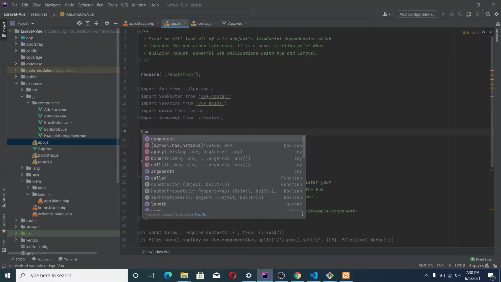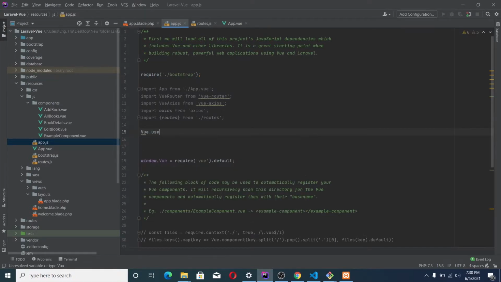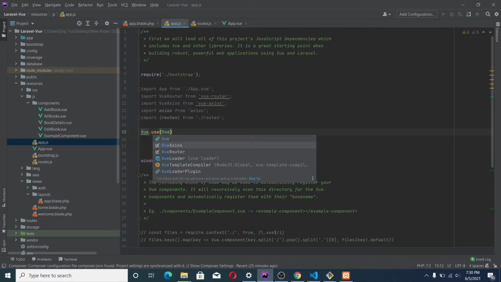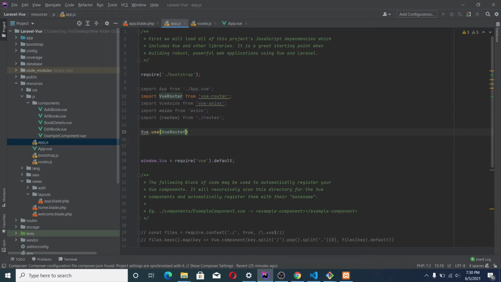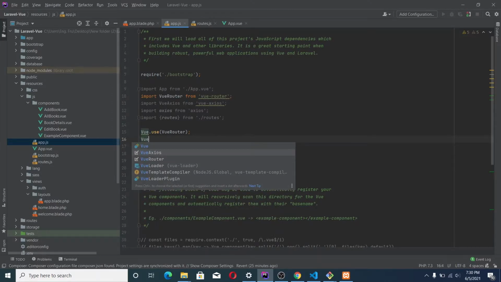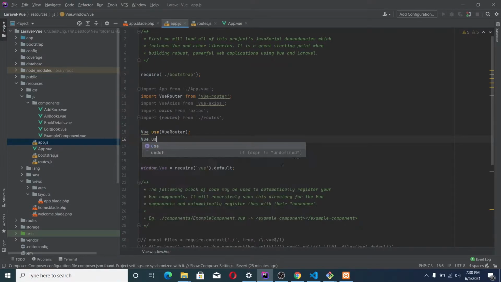Vue.use. We are going to use Vue Router that we imported earlier. We are also going to use Vuex that we also imported earlier.